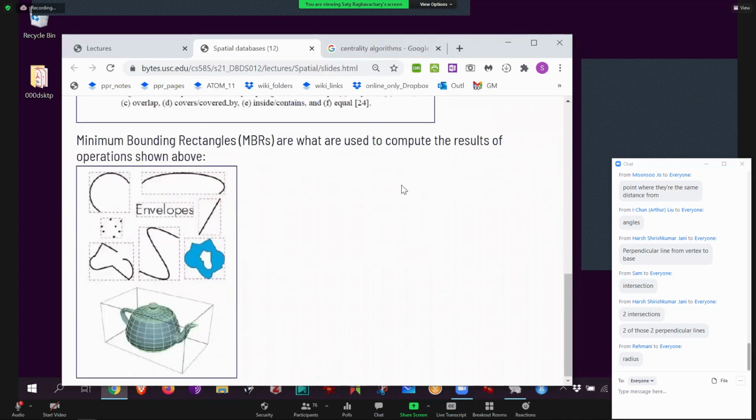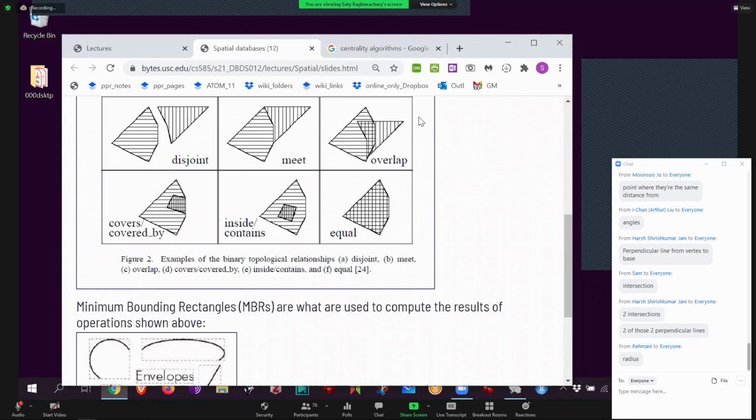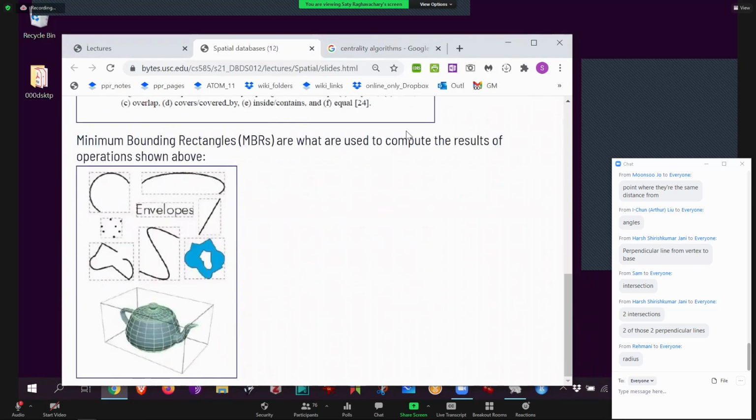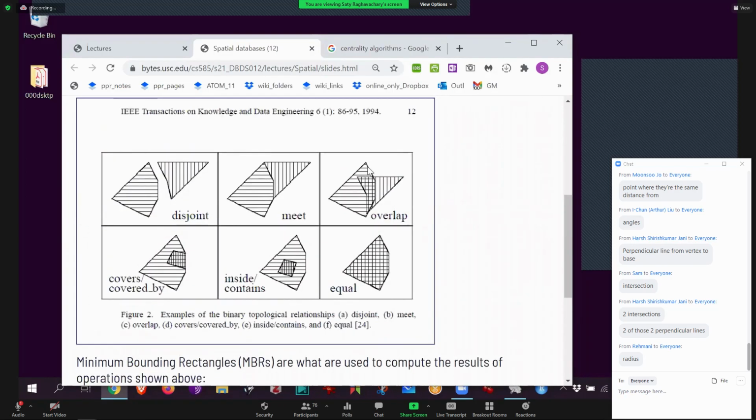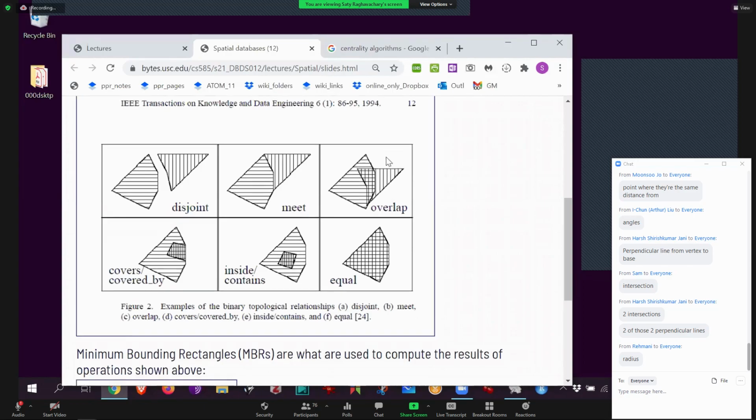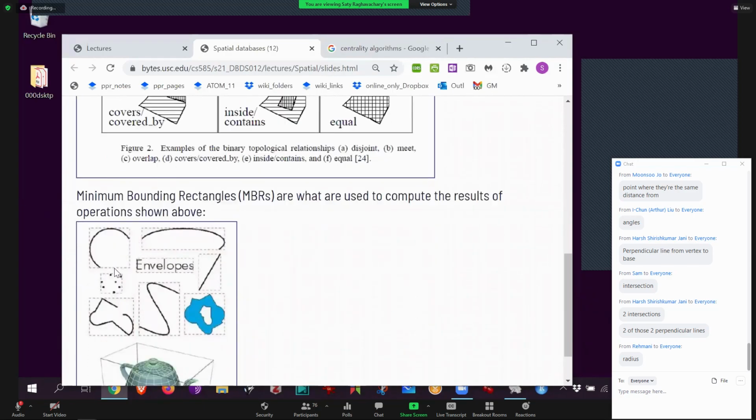This is slowly getting into indexing. So how do you index all this cool stuff? Okay, how do you get this stuff really, really fast? The answer is you don't actually index the polygons themselves or the actual windy road or the tall mountain, because it is too much data. It is too much calculation to find out how close it is to something, for example. Instead, you simplify your data. The simplification consists of what is called a minimum bounding rectangle. In 2D, it's a rectangle. In 3D, it can be a cube. And it is exactly what it says.